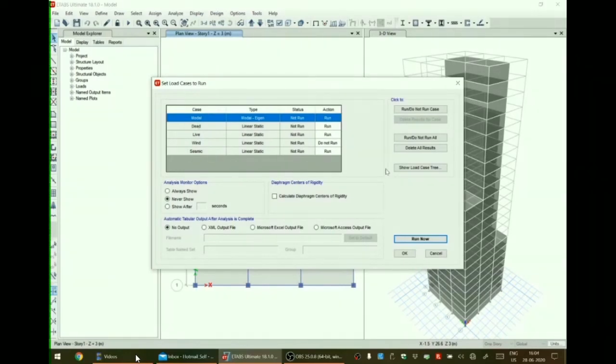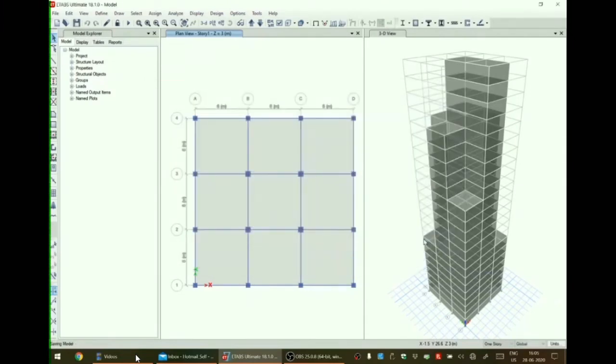Now from that menu itself we click on run now and the model will be analyzed. So the analysis of the model by ETABS has started. It will take a little time. Let us wait.